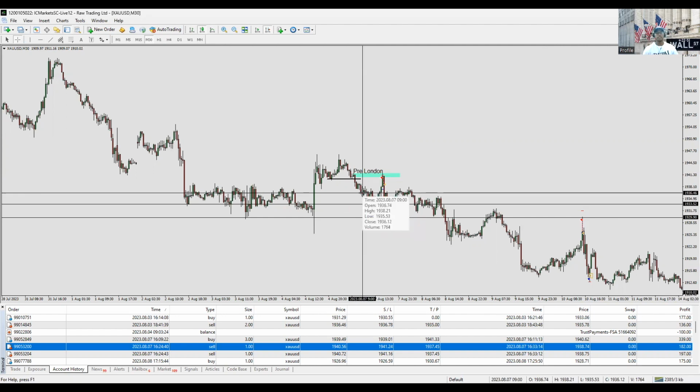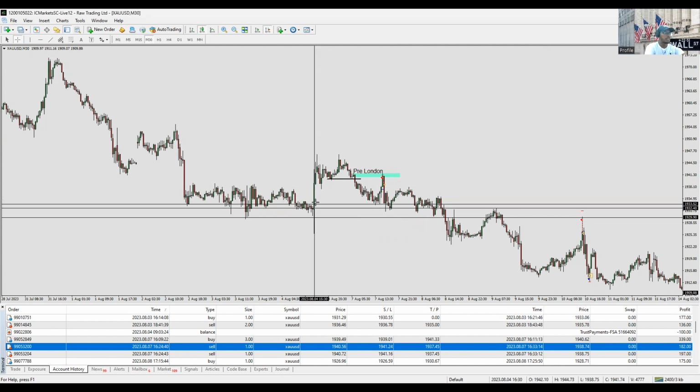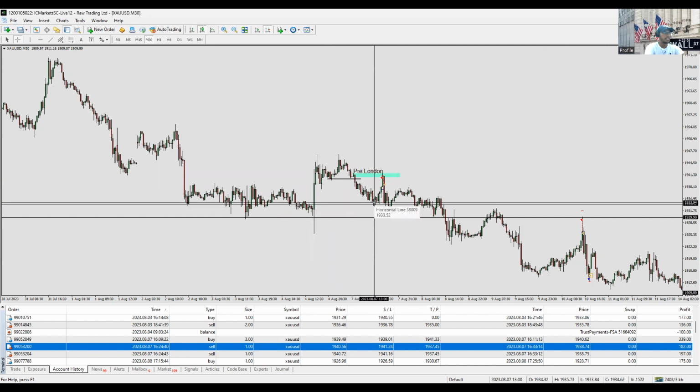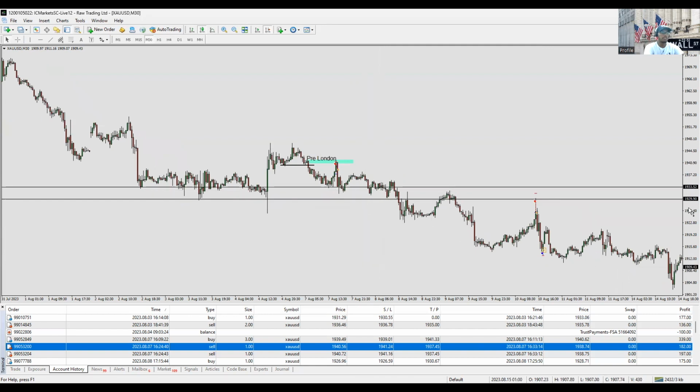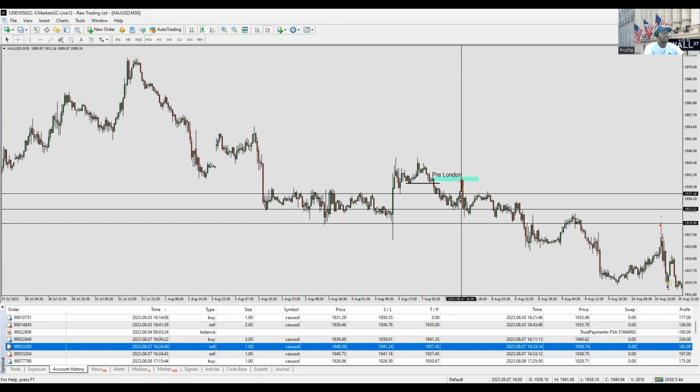So London traded down all the way to a level of support. And if you look at the level of support, this was a break and retest chart pattern. It was a break up here, and price retraced down and retested and then hit back up. So when I got on the charts, I saw this move, and I was trading particularly from 8 to 11 p.m. during the NY session only, and I started to realize that there has been a level of support form